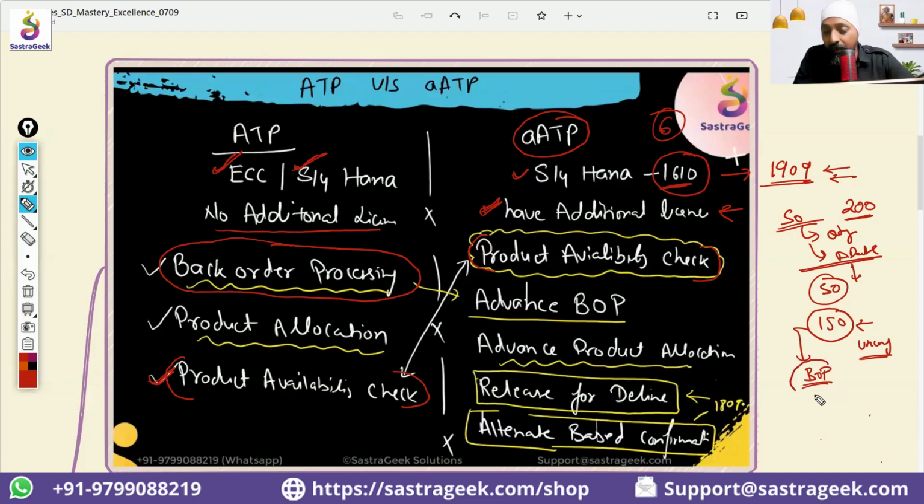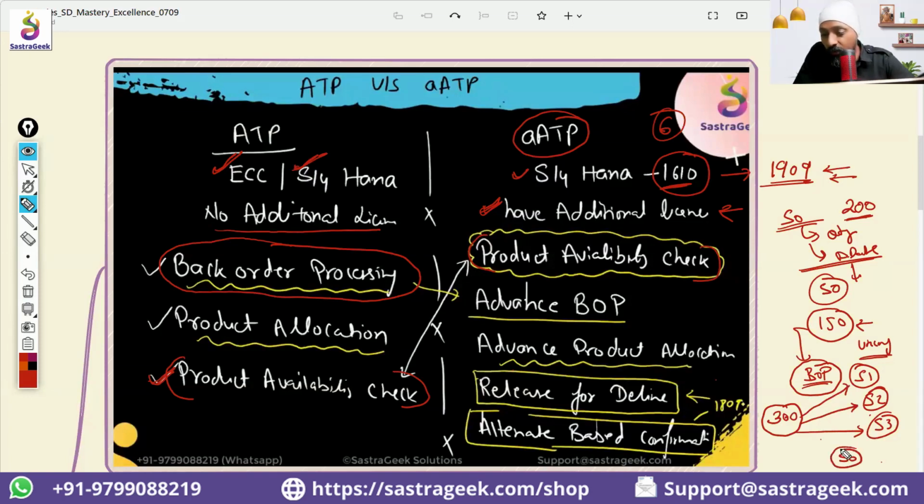When you go into the back order processing, there is a sales order for 150, then there can be another sales order, then another sales order. And when you are running a back order processing in a batch job or manually, you got the quantity of 300. Now this 300 quantity, how does it need to be supplied to S1, S2, S3,